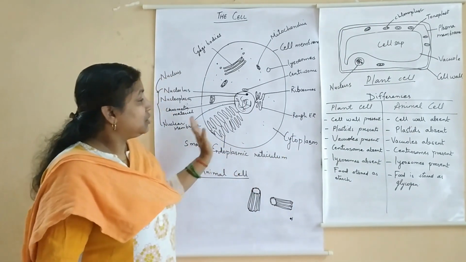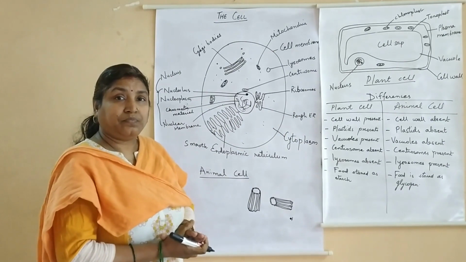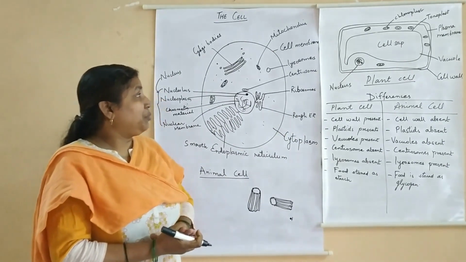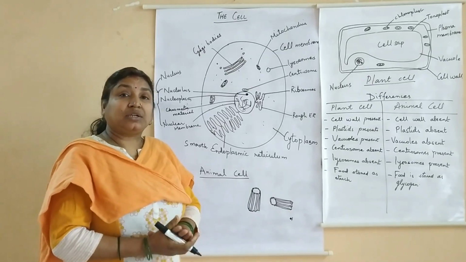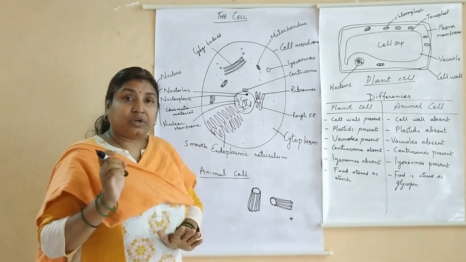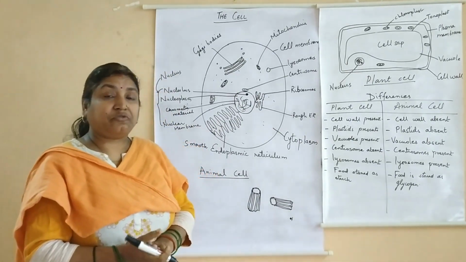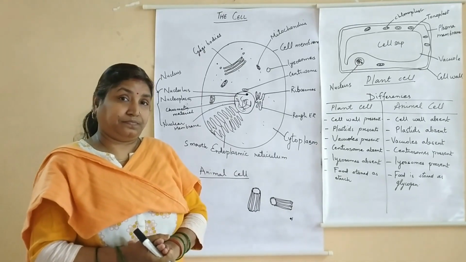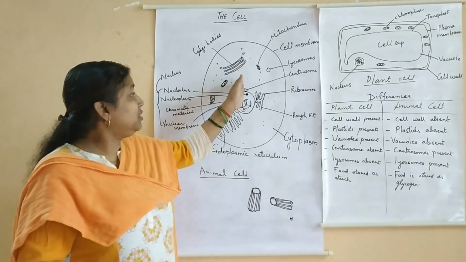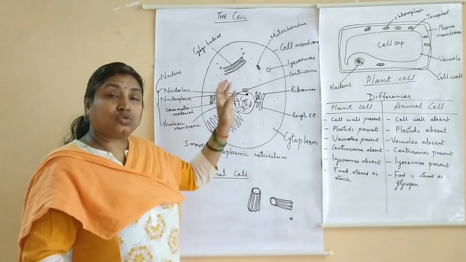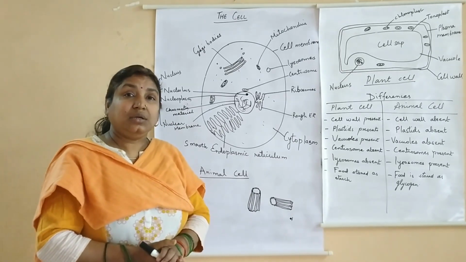So you can see this is your overall structure of plant and animal cell. Try to draw the diagram and learn the figures. The functions are very important, so learn the functions thoroughly, because now you have to appear for both. Functions and locations. Locations are also very important. Where is centrosome present? They are located near the nucleus. So all the locations also should be clear. Keep practicing. Thank you.